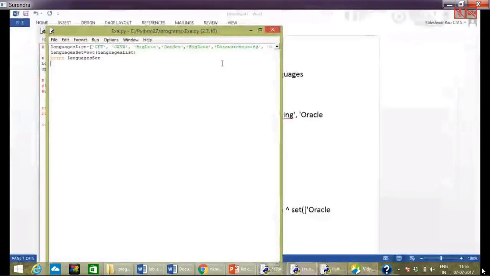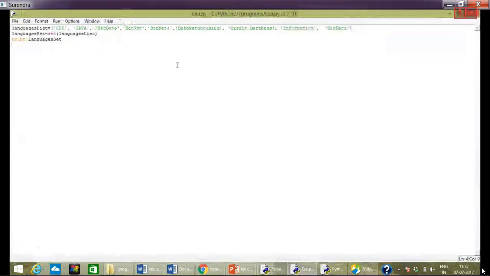I wrote the code for these faculties. The first faculty knows these 3, the second faculty knows these 3, and the third faculty knows these 3. So I wrote all the subjects in one particular list,